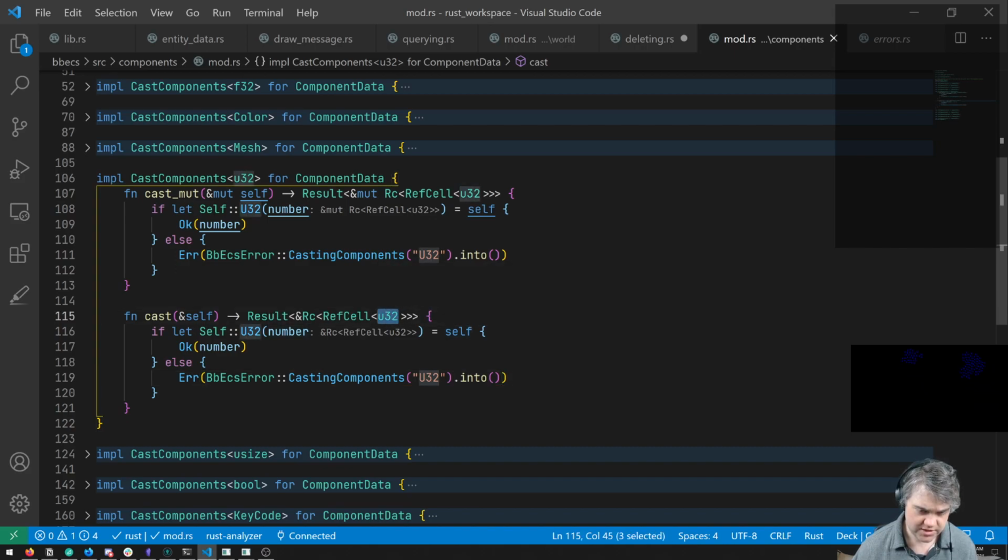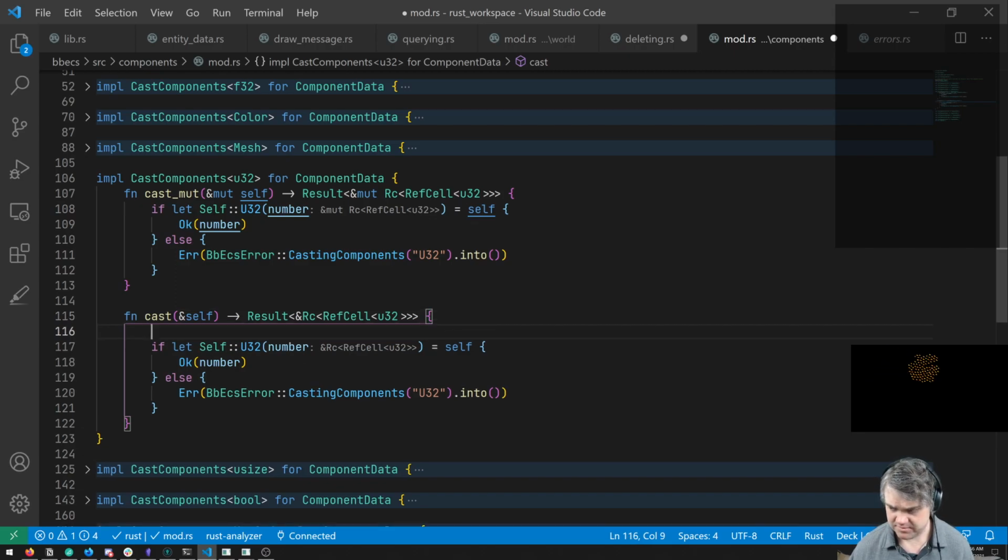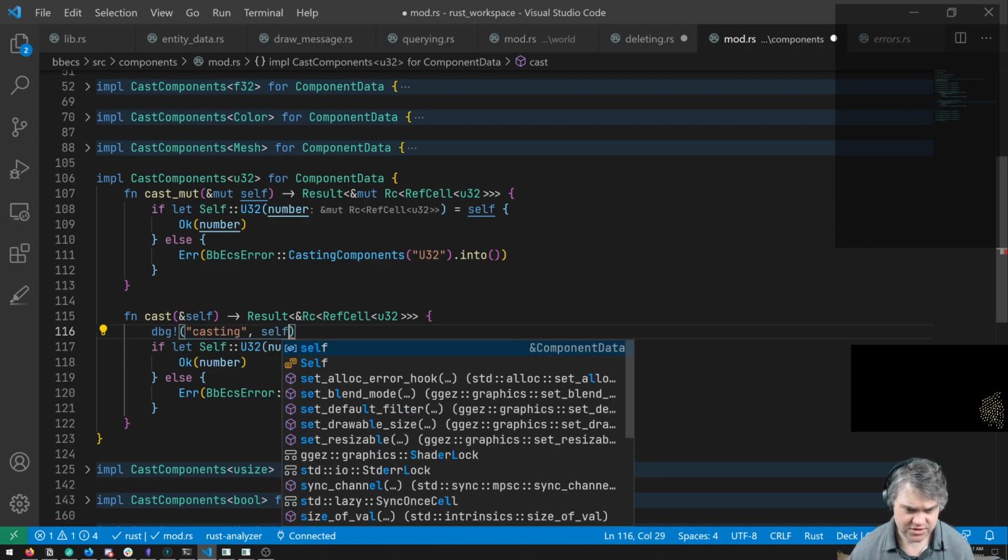So U32, okay, so this is all fine. If you're a U32, else... I'm kind of curious. Maybe an explicit cast to make it happy? Aren't I doing that? Let's see. Do a debug. We'll do casting, and we're going to put in just self.